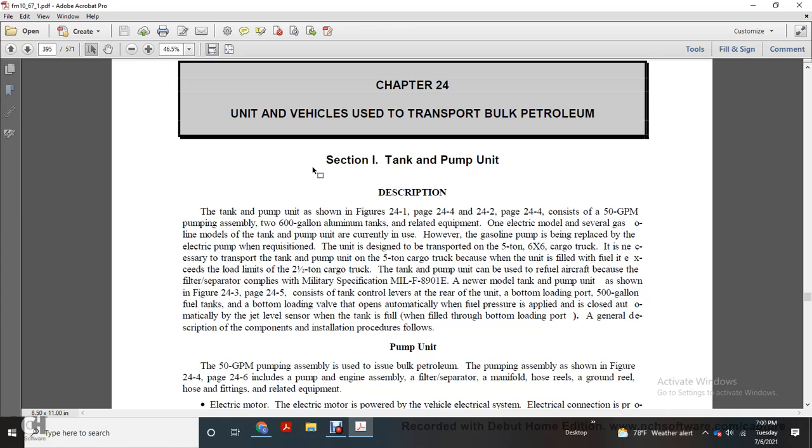The gasoline pump is being replaced by the electric pump upon requisition. The units are designed to be transported by a 5-ton 6x6 cargo tank truck, which is necessary for transporting the tank and pump unit. The 5-ton cargo tank truck will carry the unit when the fuel available with the tank exceeds the load limits of a 2.5-ton cargo tank truck. The tank and pump unit is used to refuel aircraft because the fuels separately comply with the military specification